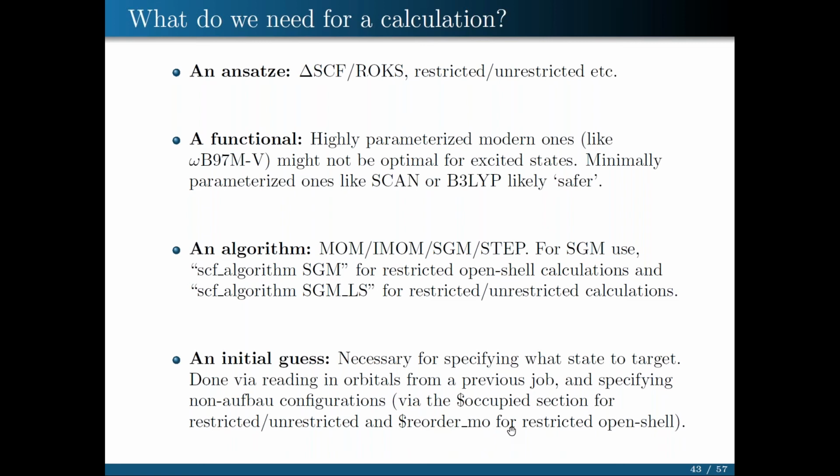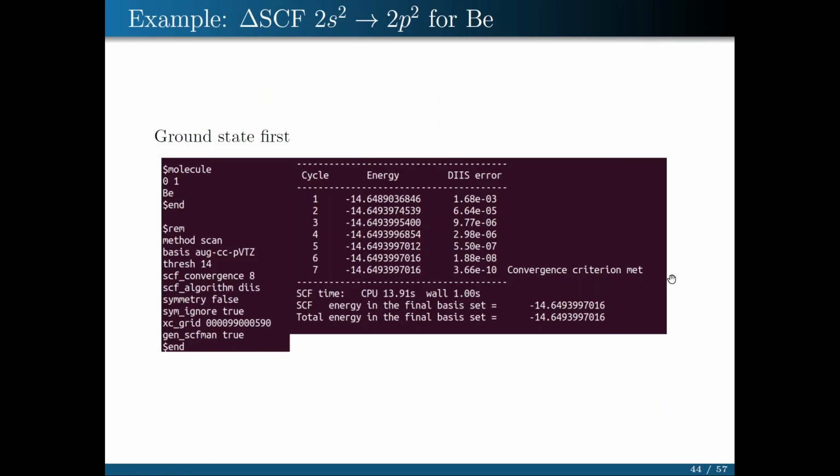As you can see, there are some very qualitative differences between doing a restricted open shell calculation and just a plain closed shell restricted or unrestricted calculation. As an example, let's first consider a delta SCF, a restricted delta SCF calculation, representing the double excitation from the 2s to the 2p levels for beryllium. We see that